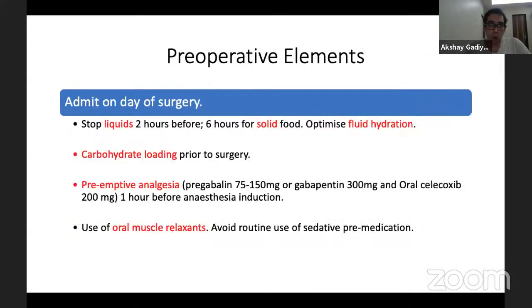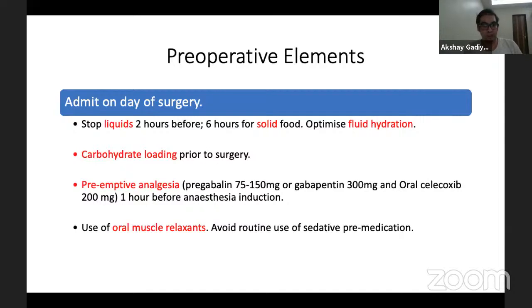Patients are admitted on the day of surgery. The patients are allowed to consume liquids until 2 hours before surgery, and then liquids are stopped. Solids are stopped 6 hours prior to surgery. Fluid hydration is very important because it helps to maintain homeostasis. Carbohydrate loading is permitted prior to surgery, because it has again been proven in the papers that carbohydrate loading decreases